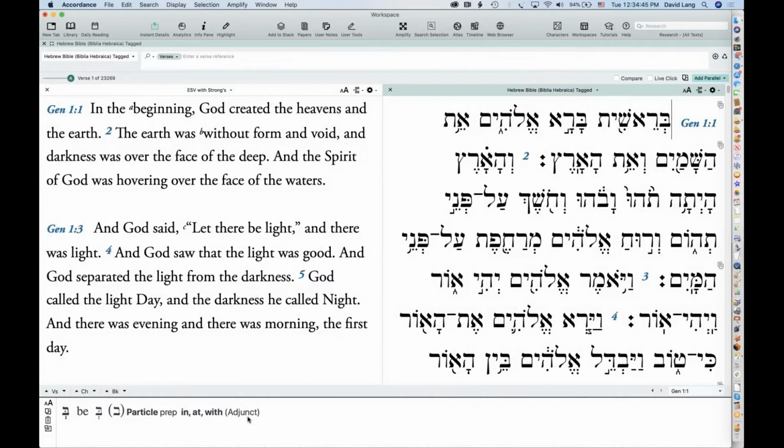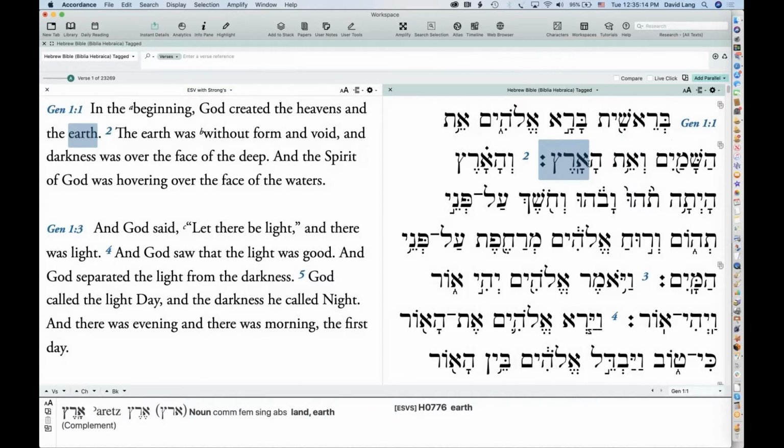It means in, at, with. And then you have reshit. So you have inflected form, lexical form, the root, we'll talk about what that means in a minute, and then the parsing information and so on. So when you are looking at the Hebrew text, you're actually looking at all of these different words that are separated. And it's important to understand that.